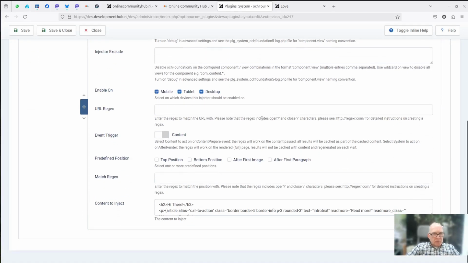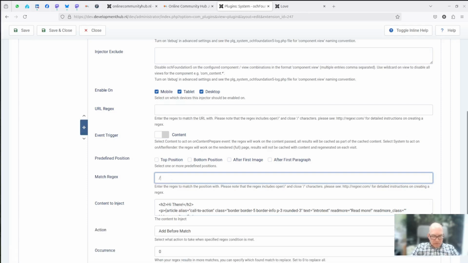Okay, so this is where the match regex comes in. This video will not explain to you how regexes work or how you should construct them. There are websites for that. I'll just make an easy one.